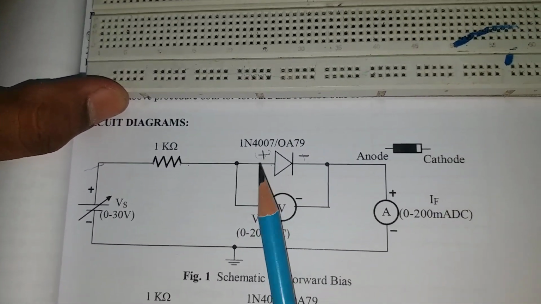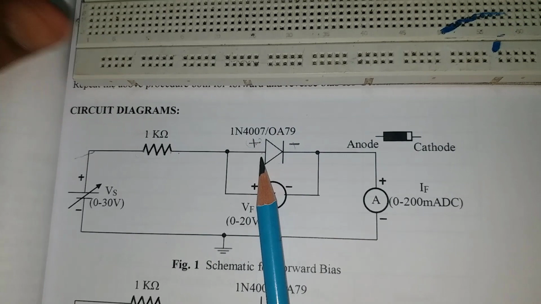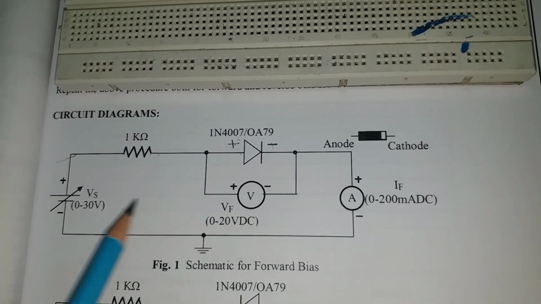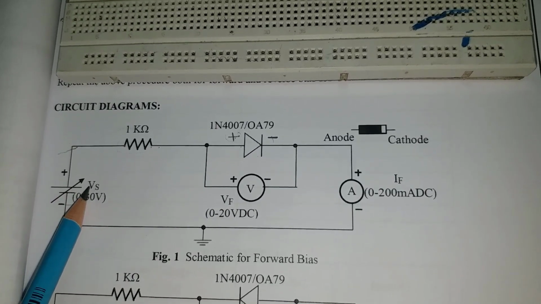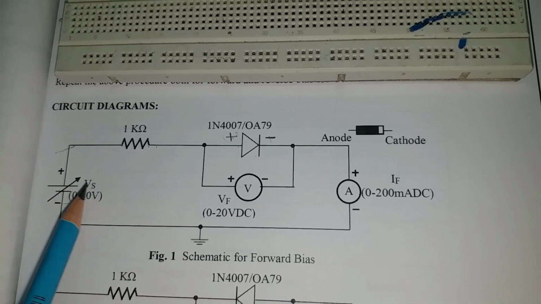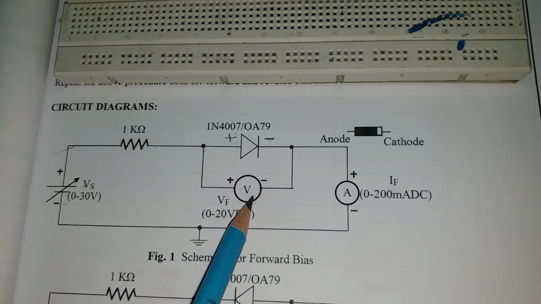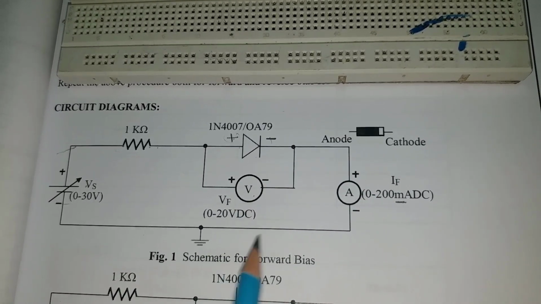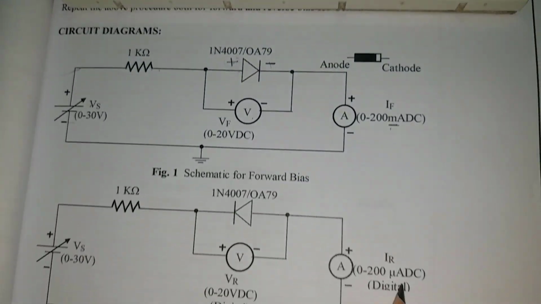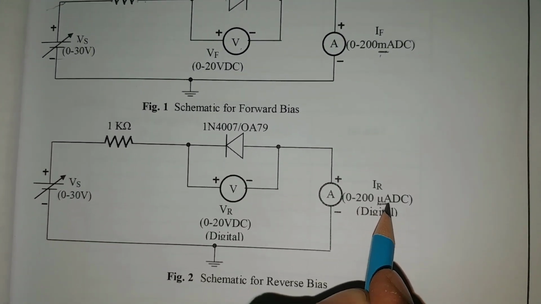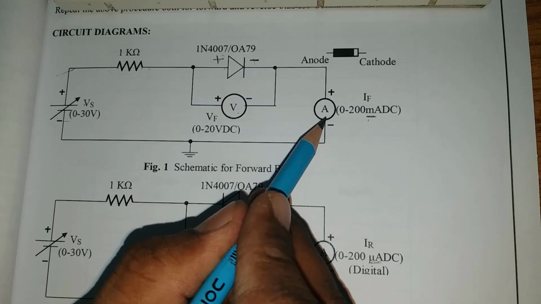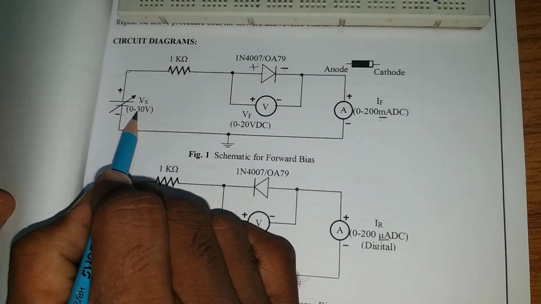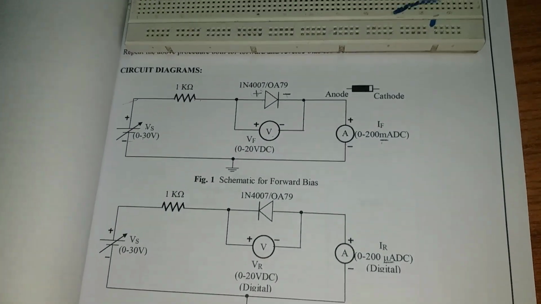The next job is to connect the wires to all the equipment. What equipment do you require here in the circuit diagram? One RPS, one channel, only one supply required. Then one voltmeter required. Then one milliammeter required, not micrometer. For forward bias we require a milliammeter; for reverse bias I require a micrometer. So I require only a voltmeter, ammeter, regulator power supply. First you need to connect the connecting wires to these three equipment. So I am connecting.